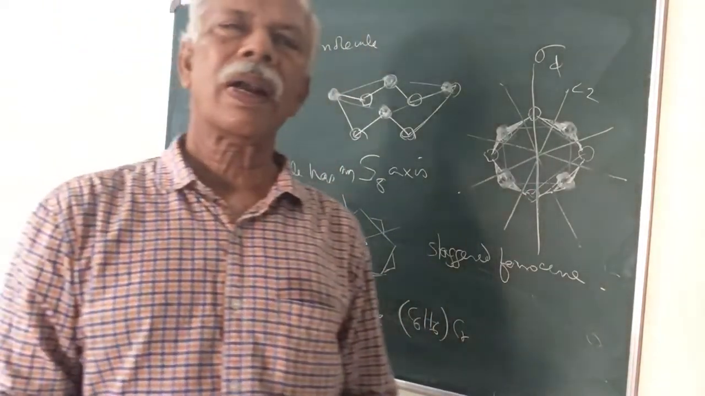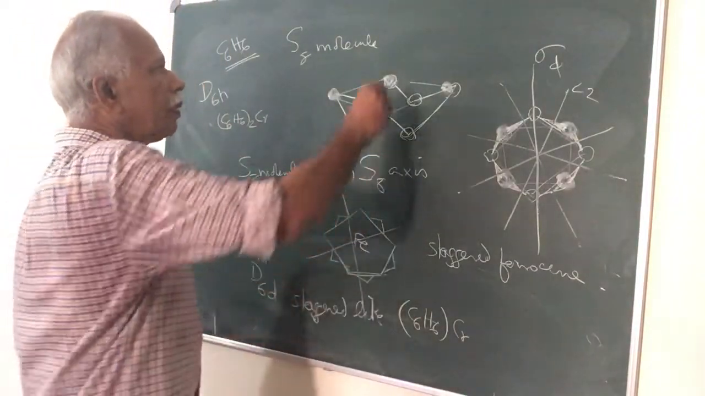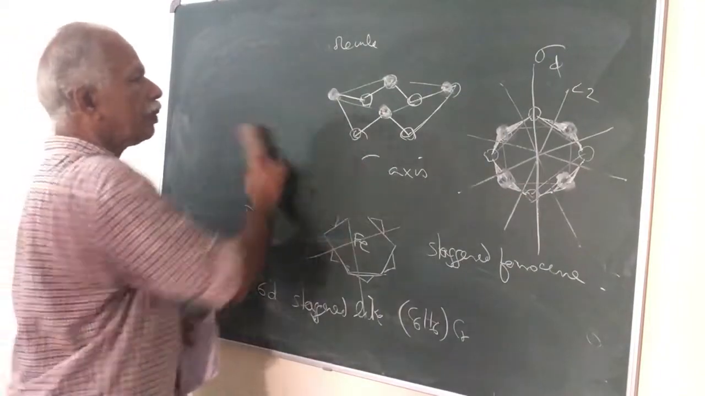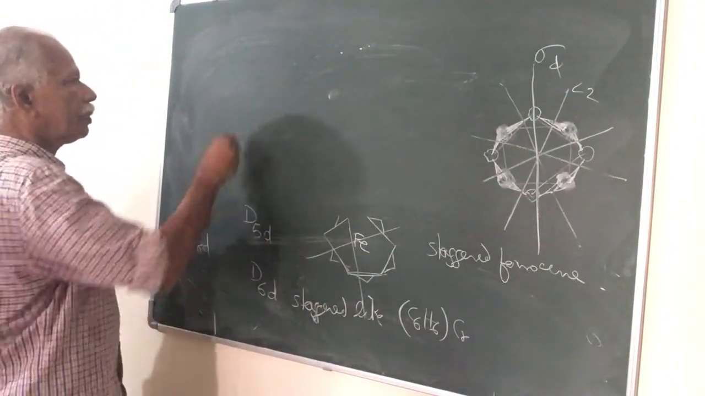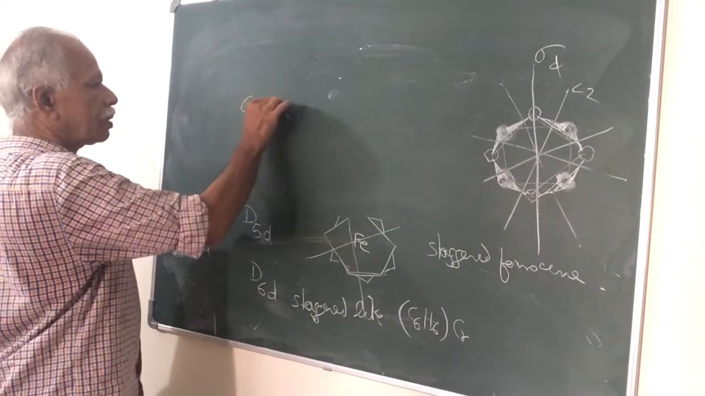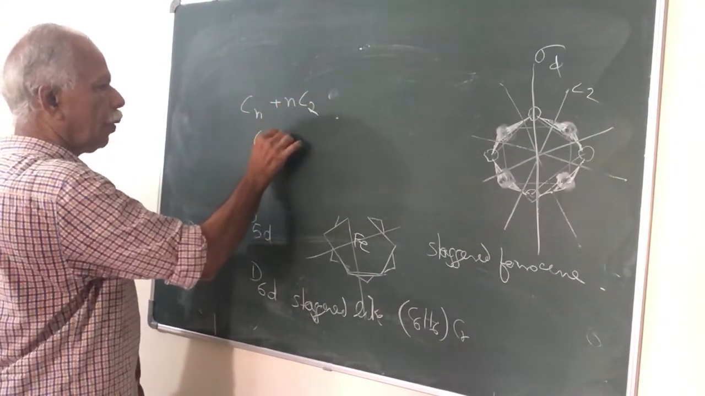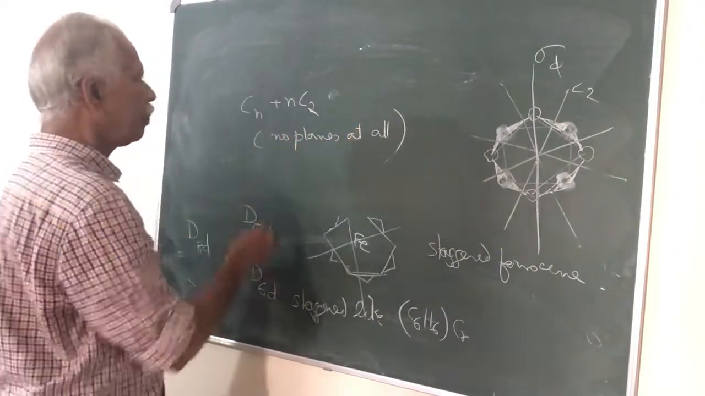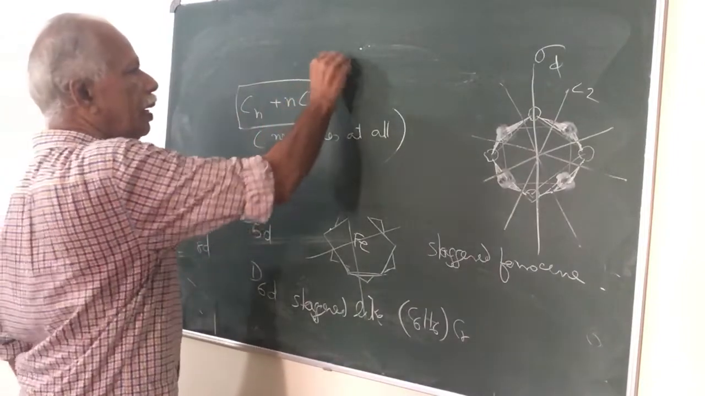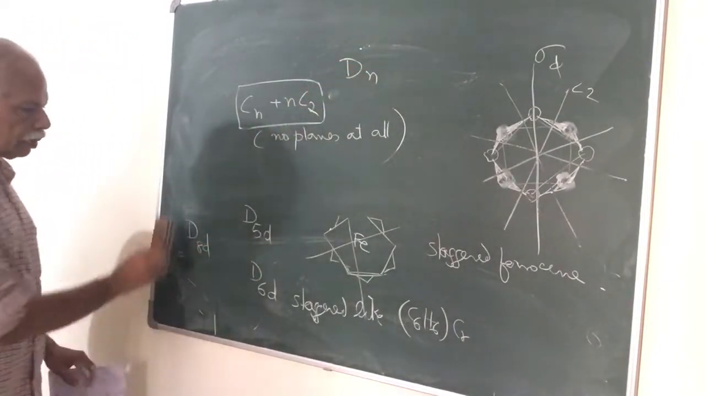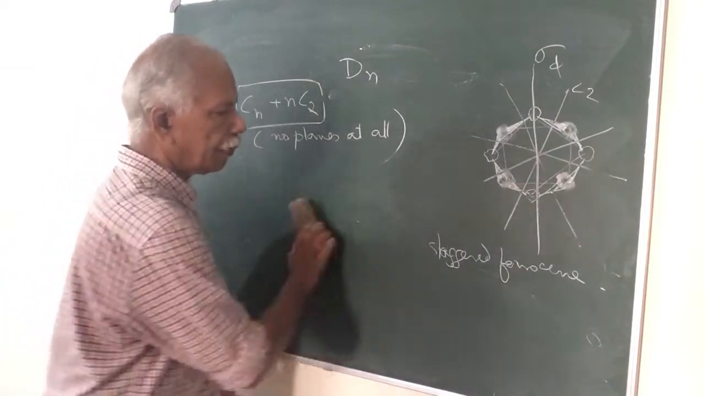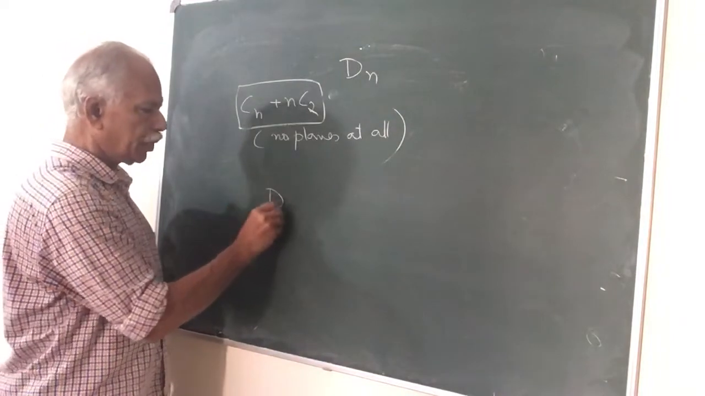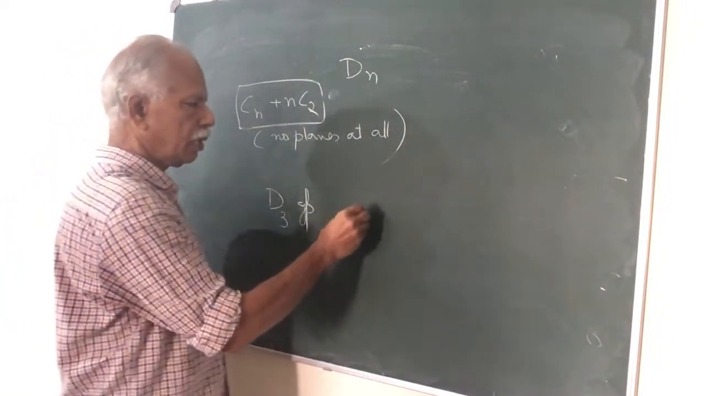Then lastly, the dihedral group is the one with axes of symmetry alone, without any planes. Cn plus nC2. No planes of symmetry. No planes at all. Such a group is called the Dn group. It has Cn plus nC2. An example for the D3 group is